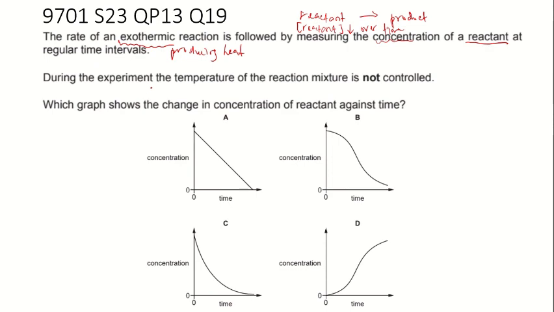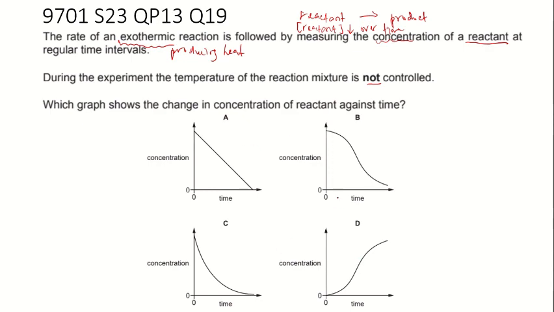Now, during the experiment, the temperature of the reaction mixture is not controlled. So that means they are not fixing the temperature at all in this reaction. So for an exothermic reaction, when heat is produced, then the temperature will rise. And if the reaction were to absorb the heat, then the temperature would go down. But an exothermic reaction will keep producing heat. So now we are supposed to find which graph shows the change in concentration of reactant against time, A,